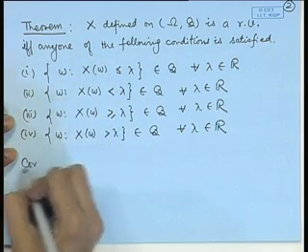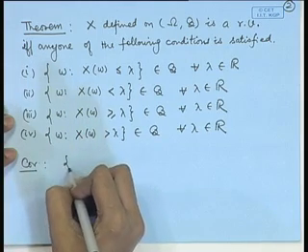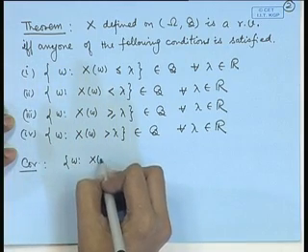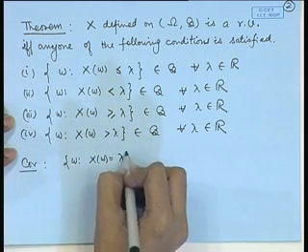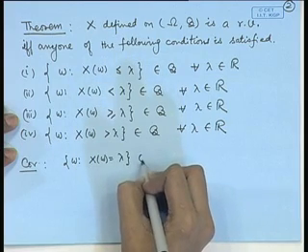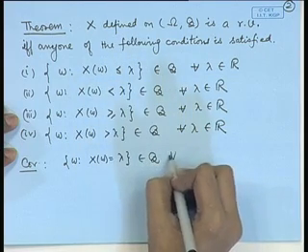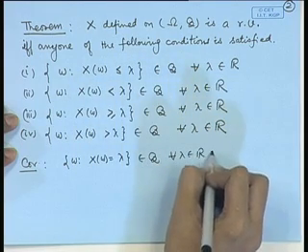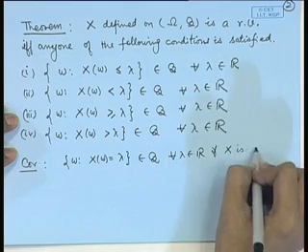As a corollary to this, the set of all those omegas such that X omega is equal to lambda,